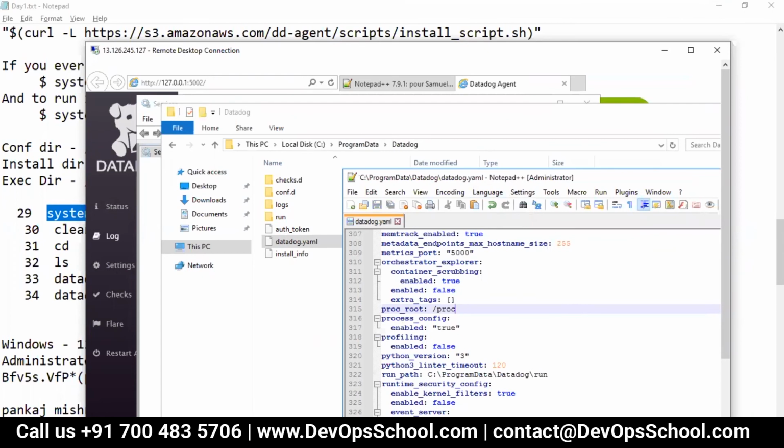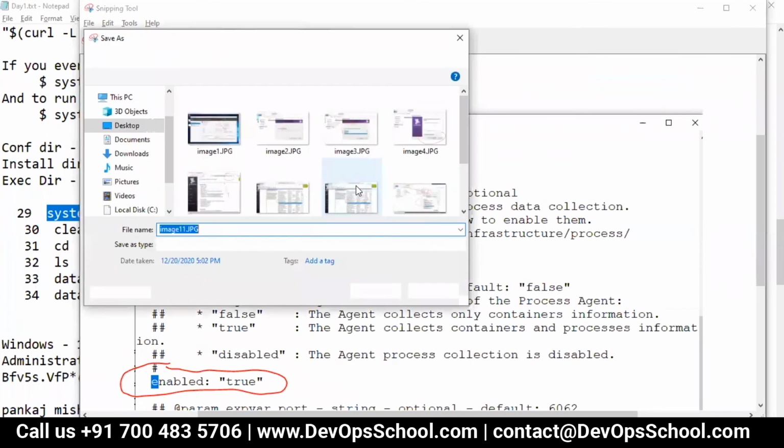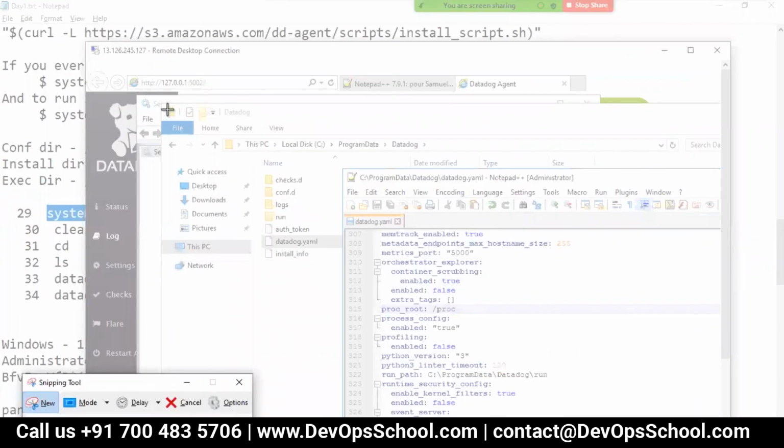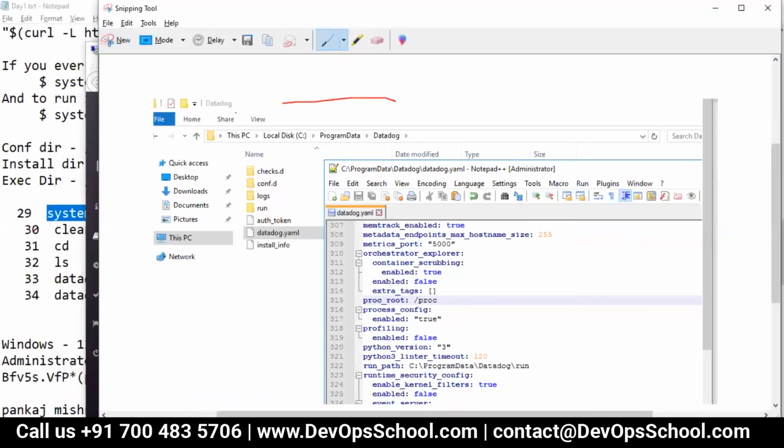Okay, and so here, first this is the location. After that you'll go to this file. After that, in this file, you will make these changes, and done.